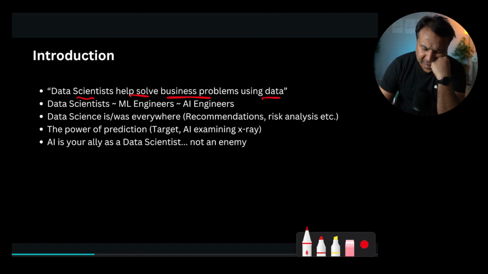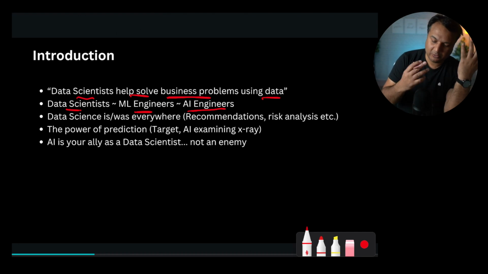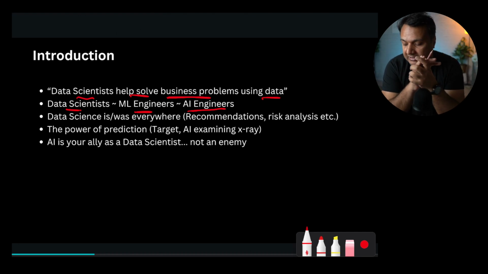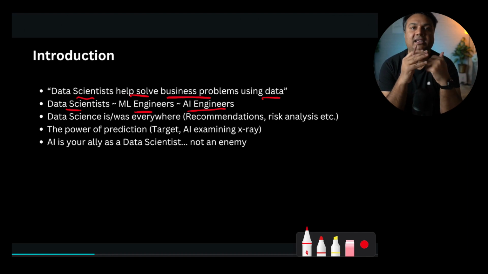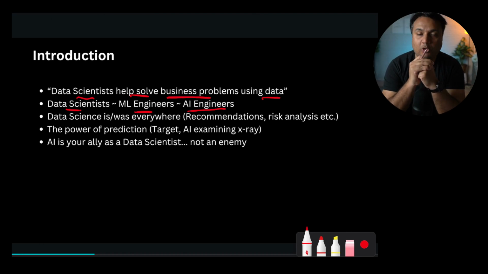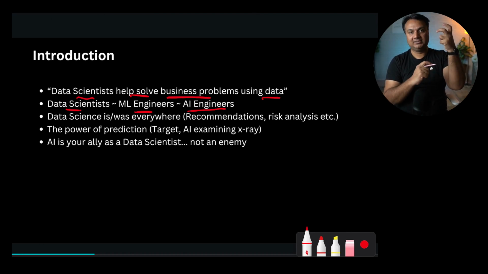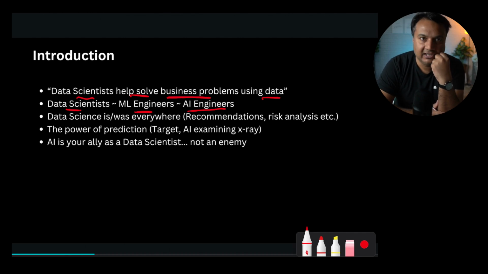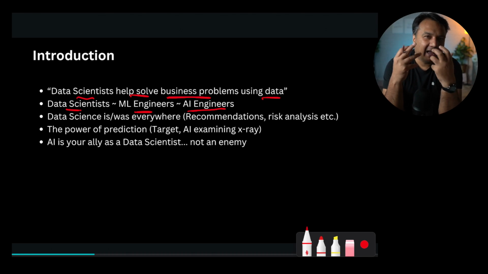Now, there's a lot of debate and confusion about what is a data scientist, what are machine learning engineers, and then the new term, AI engineers. How are they different? The way I look at it, for most practical cases, you can say they're the same. Even when you look at job postings on LinkedIn, etc., a lot of companies say data scientist / machine learning engineer, or they'll say data scientist as the job title. And when you look at the job description, machine learning is mentioned a lot of times. So it's very similar.